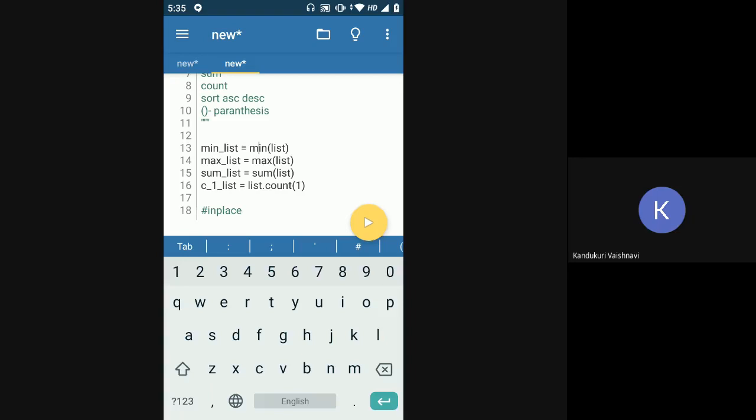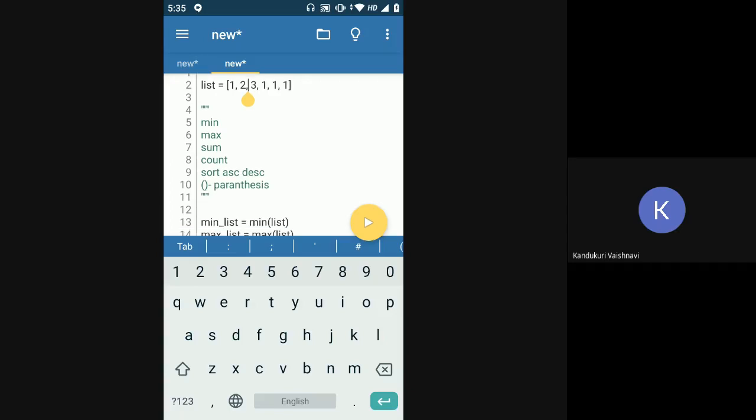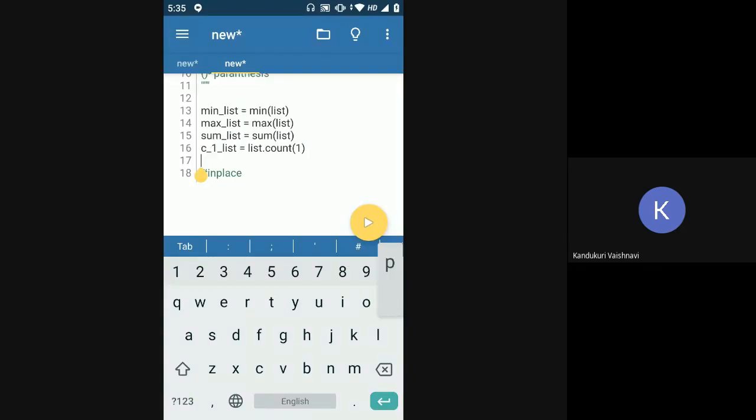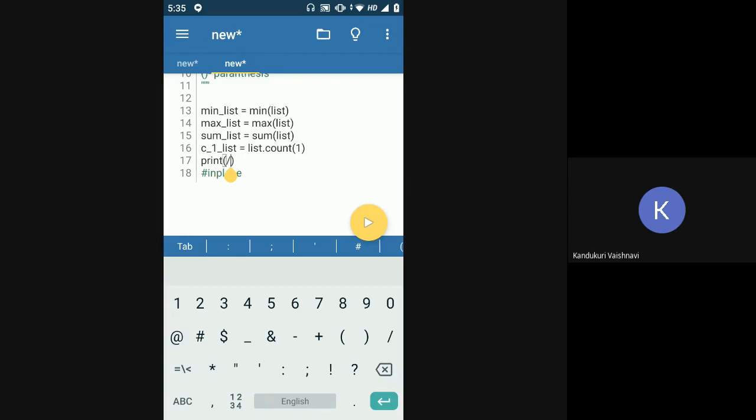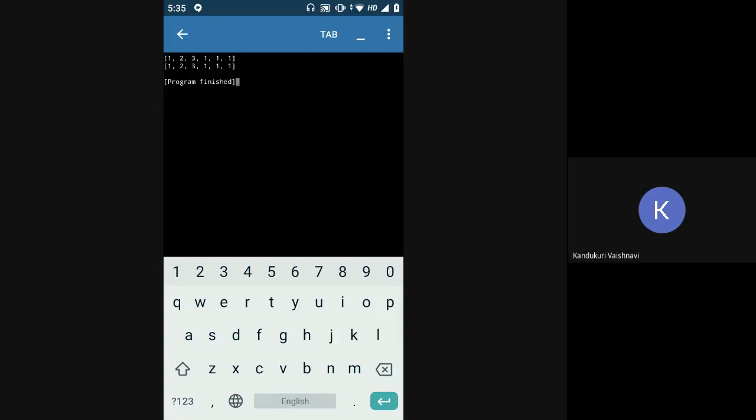But in this whole operation, your main list is not getting changed in any way. That list is still going to be the same after you perform all 4 of these operations. We can check that. I'll just print it before the 4 operations and after the 4 operations, and it will be the same. Yeah, it's the same.